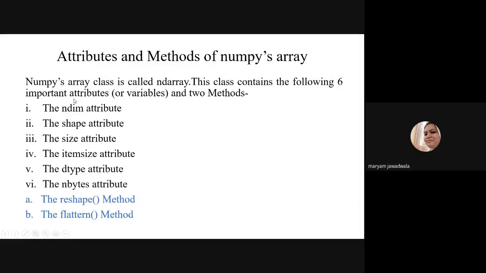So the first attribute is ndim attribute, second one is shape attribute, third one is size attribute, next one is itemsize attribute, then next we have dtype attribute, and then we have nbytes attribute. So these 6 are attributes or variables defined in the NumPy array class, and 2 methods, the reshape method and the flatten method. These are again defined in the NumPy array class. Okay, so we'll discuss each and every attribute and method in the next slide with examples.